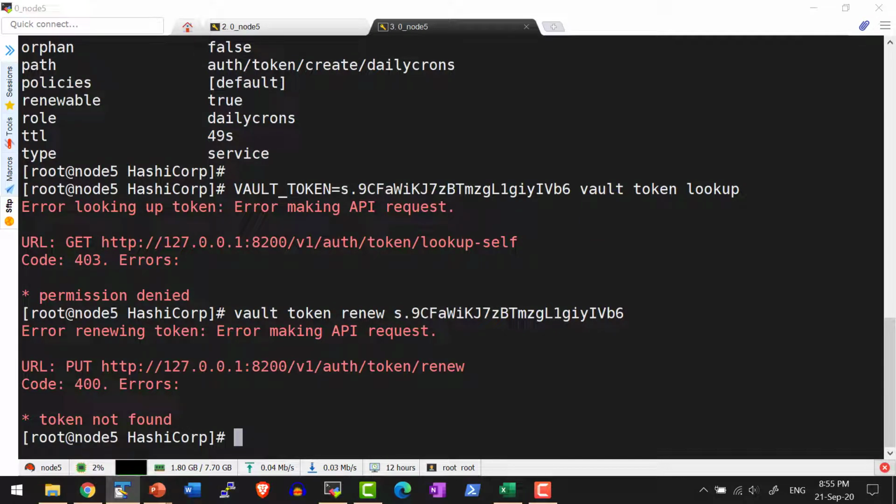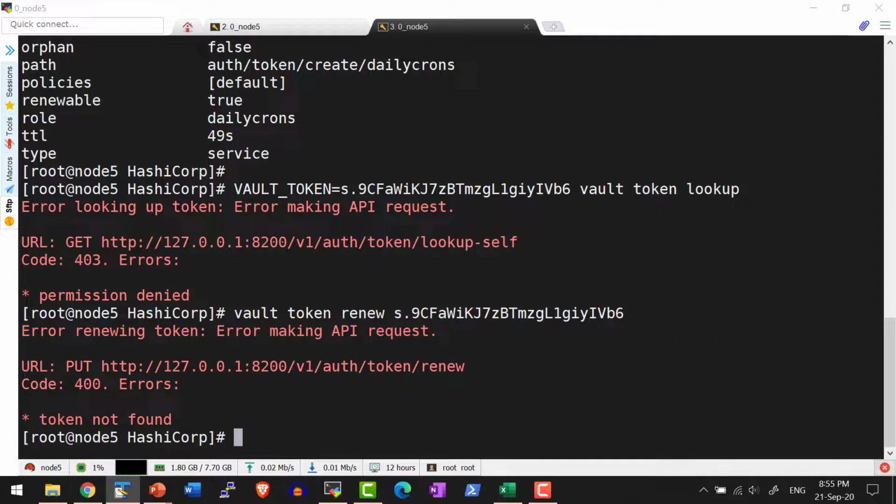Generally the TTL, maximum TTL and the period create confusion for new users. The easy way to remember is that TTL is what will be applied whenever the token is created, and maximum TTL needs to be set explicitly. Once it is set, beyond that duration it cannot be renewed. And whatever period I am using, automatically that will be set as the TTL whenever I renew it. Once the token is expired, it cannot be renewed. So the renewal should happen before the expiry of the token.